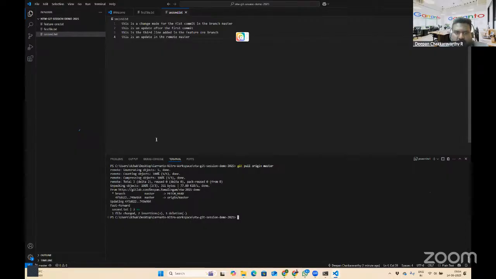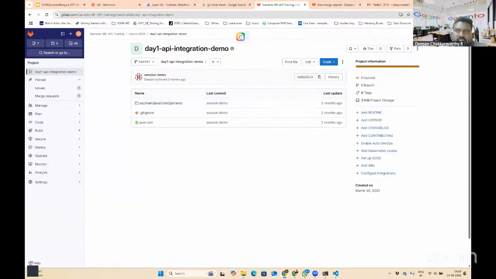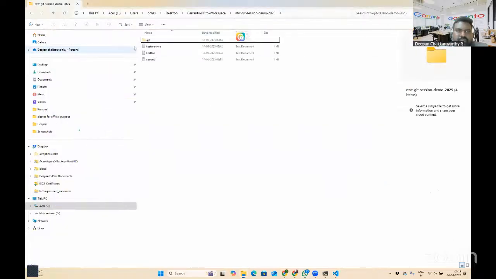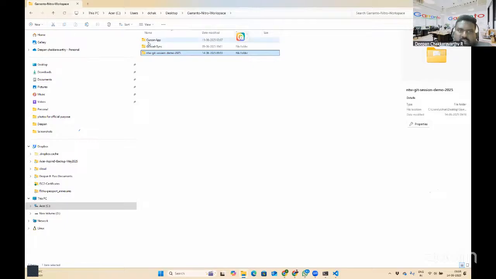I'll go to my workspace. So in this case, I'm going to clone a new project. It is not an existing project, but rather a new project. This is one of my projects. In this workspace, I have three projects. Now I want to clone one more project. This is a project that I've created in local. This is also now available in my remote as well. Now I have a remote project that I want to clone to my local.